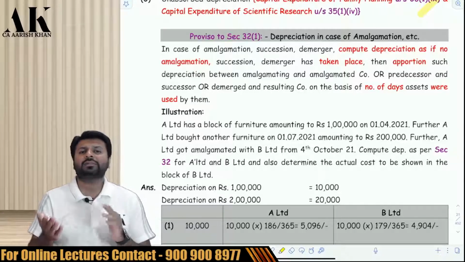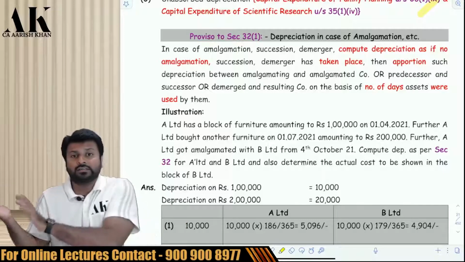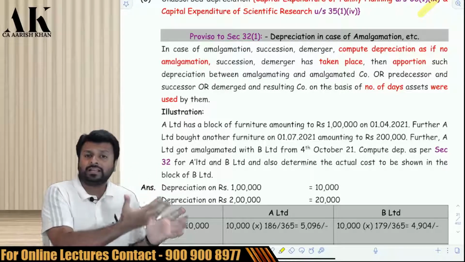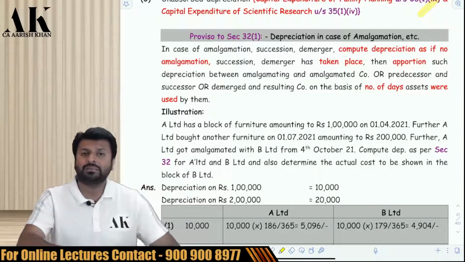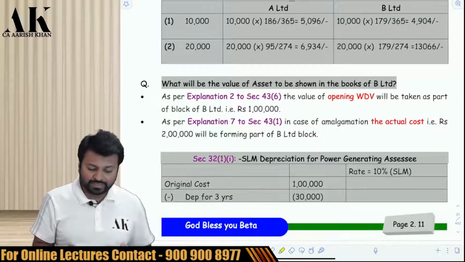Now, after the amalgamation is done, all the assets of the amalgamating companies go to the amalgamated company. All the assets of the demerged company go to the resulting company. So later on, what will be the actual cost in the hands of the resulting company? What will be the actual cost in the hands of the amalgamated company? That is also defined by the government. So the actual cost in the hands of the amalgamated company will be the opening